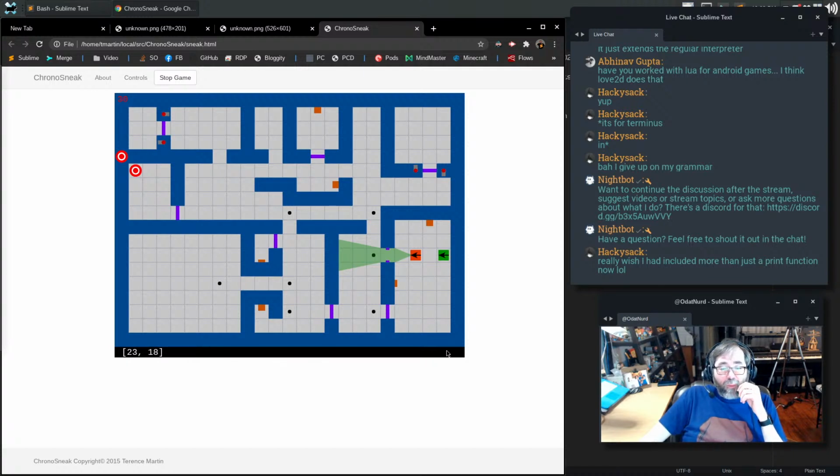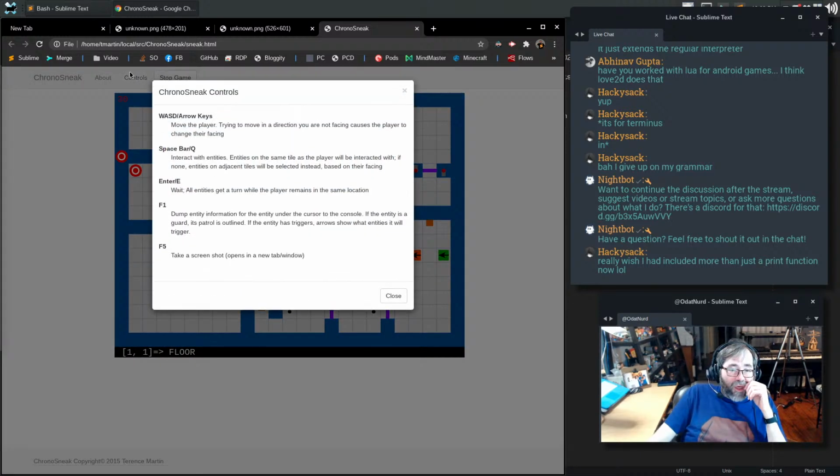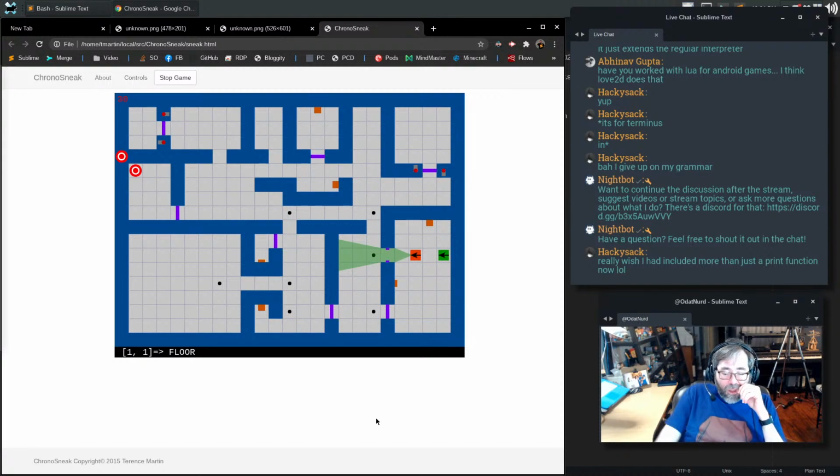That's all programmatically done. And if we just sit here, I think, I can't remember what the control is for doing nothing. Enter to do nothing. You can actually see this guy slowly making his way through the level, turning around, navigating, and so on. And he has a little vision cone, because that's what you do in these games. And he's just going to keep doing that forever.